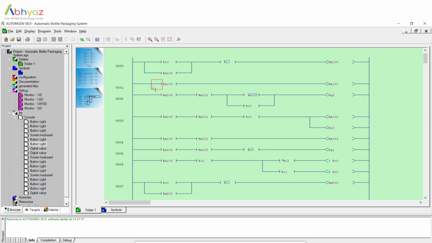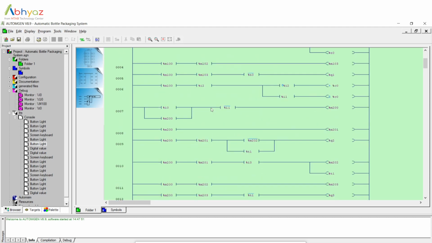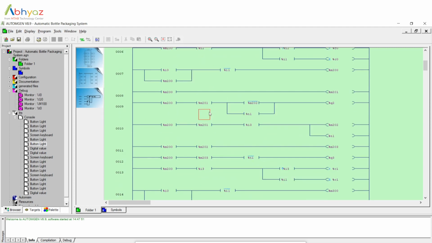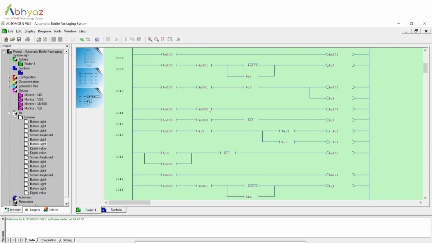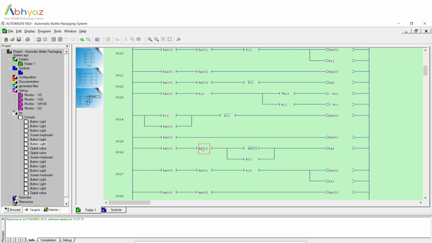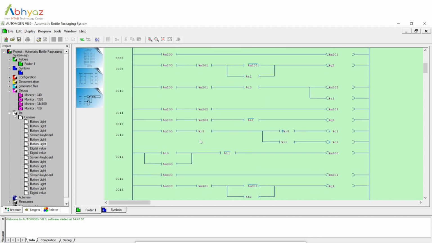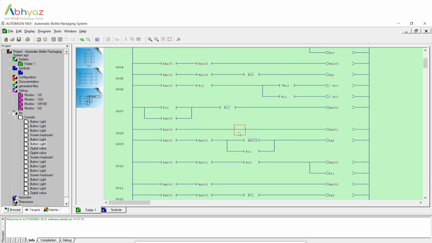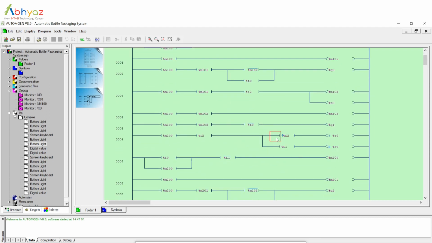The whole process is applicable to both bottle capping as well as bottle dispatching. Similar ladder logic has been used with different user memory and power control memory bits. Also, as the sensor detects every time, the counter increments.